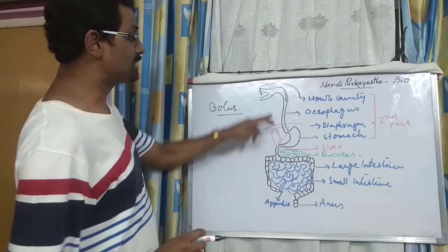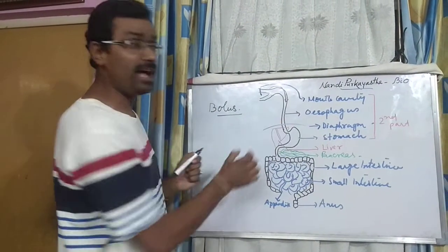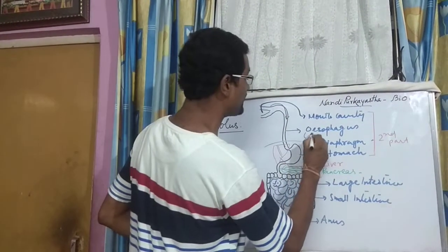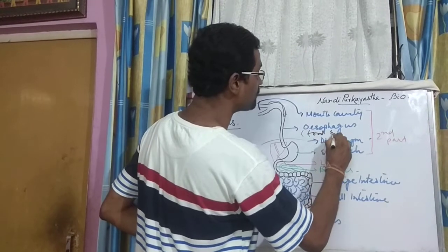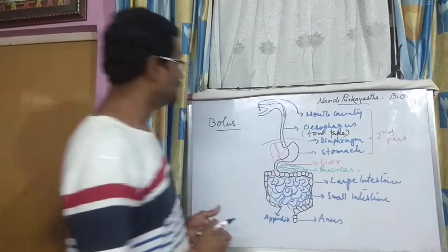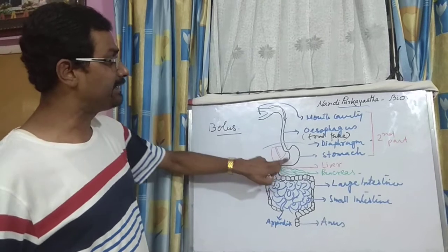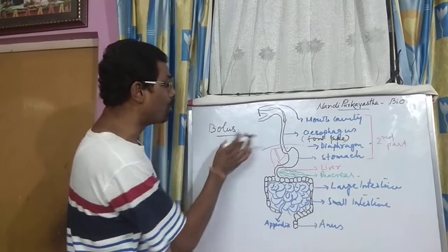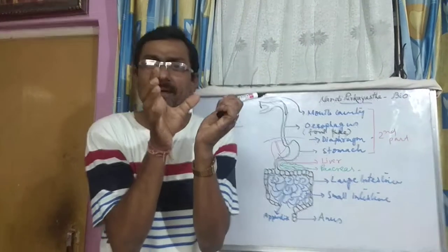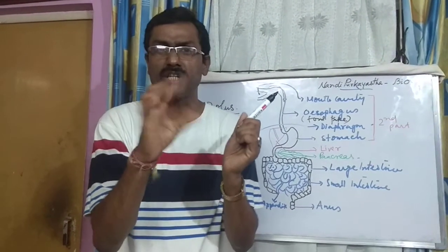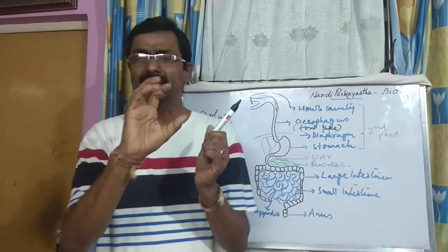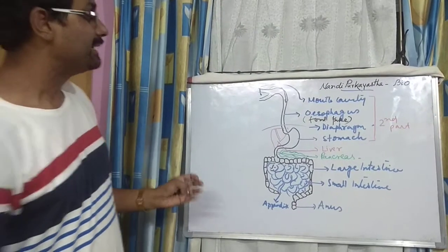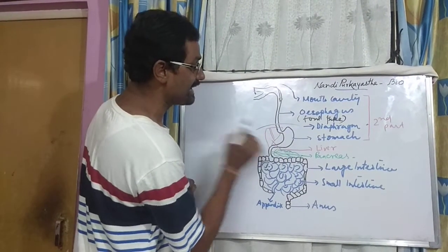Now, this esophagus is a long tube or the food pipe. The esophagus is known by another name. What is it? I am writing it down: food pipe. It's a long pipe. The food then reaches where? In the stomach. But this pipe undergoes movement, contraction and expansion. Because of that, what happens? The food moves. The stomach is a sac-like structure like this.